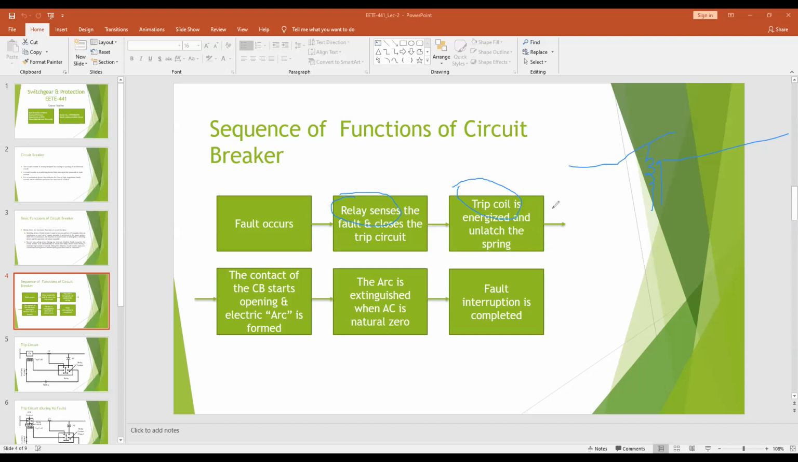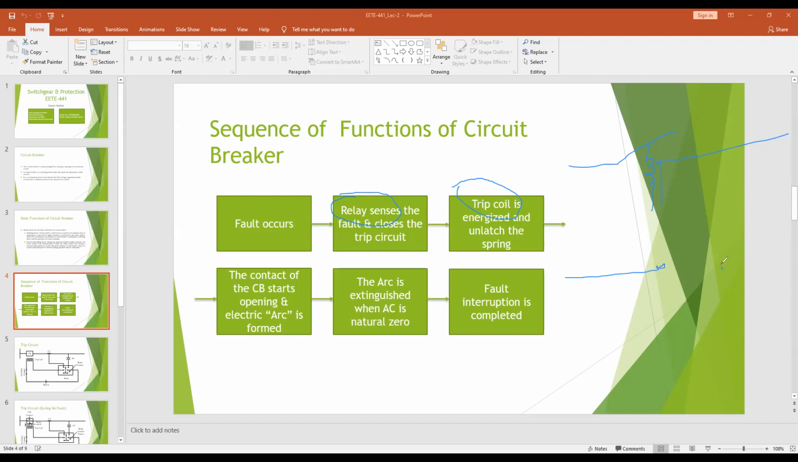Whenever the trip coil is energized, it will unlatch the spring where the original spring was connected, and the spring will start to carry a force in the upward direction, thus opening the contact of the circuit breaker. Remember one thing,